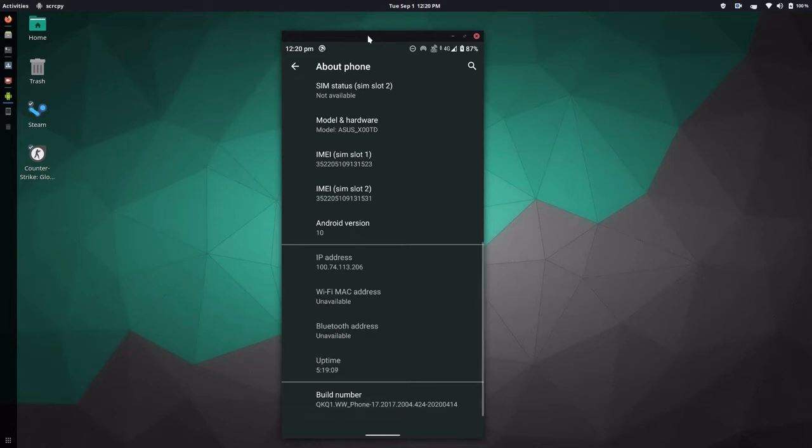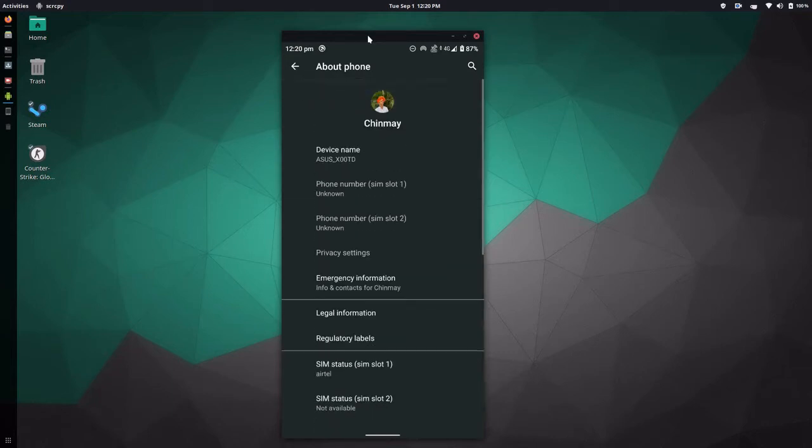I have already done that. Whenever I tap, I get the message that no need, you already are a developer. But in your case, you might get a message like tap 5 more times or tap 4 more times. But that's okay. After doing that, you are in developer mode.